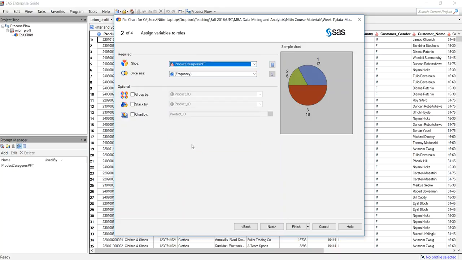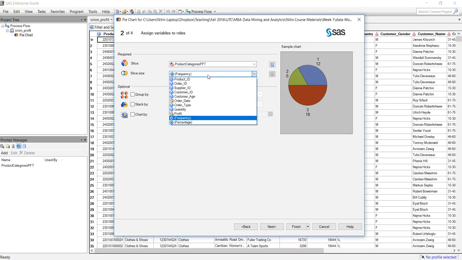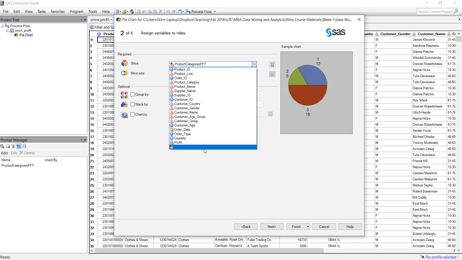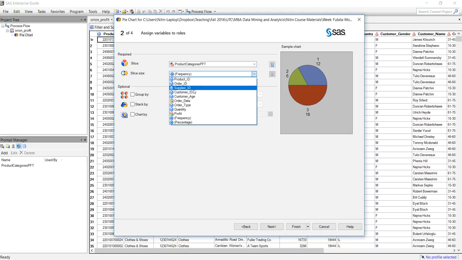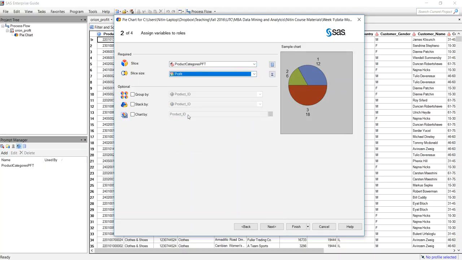I want to look at my profit by various product categories, but I selected this one, my prompt, not the original field, original variable. By profit and